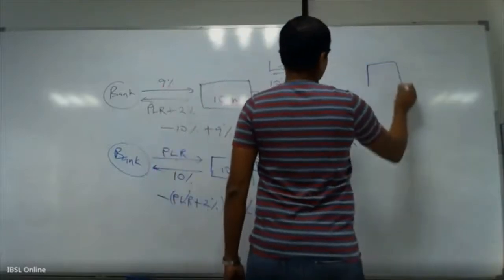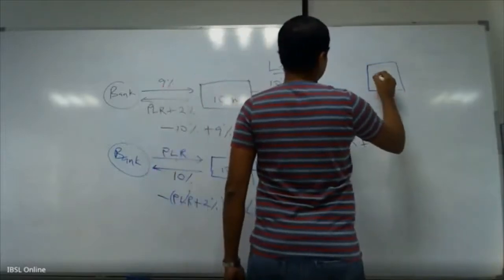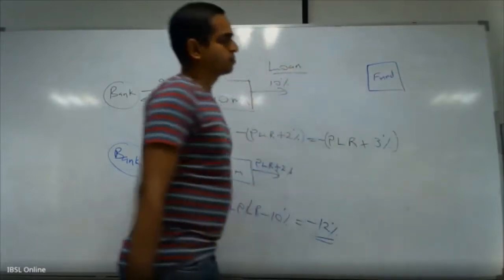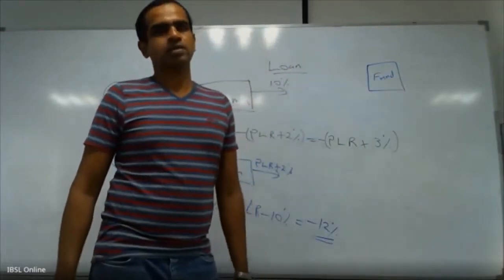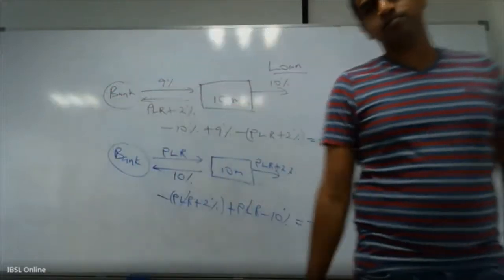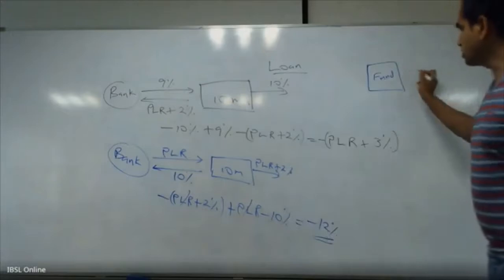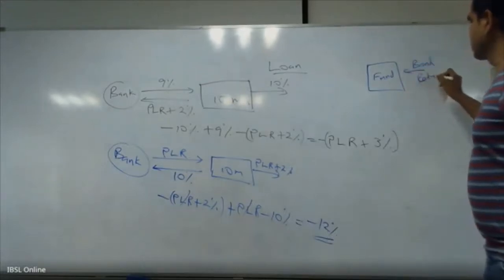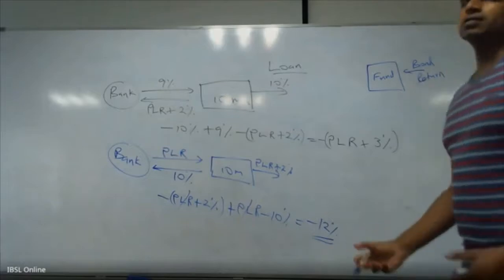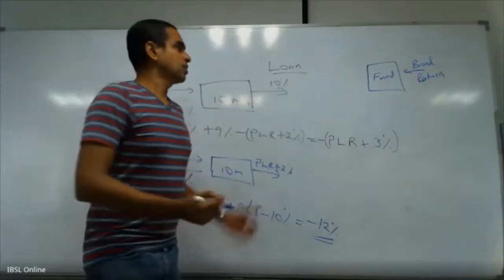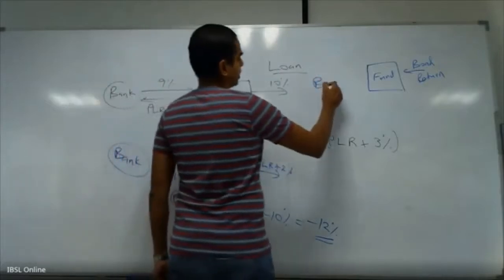Another way of doing a swap is, now let's say you are a fund, you have invested in bonds. If you didn't have a mandate to sell the bonds and buy equity, if you are invested in bonds, your return will be the bond return. And if you feel that equity markets will outperform bond markets, what you can do is you can go to a bank